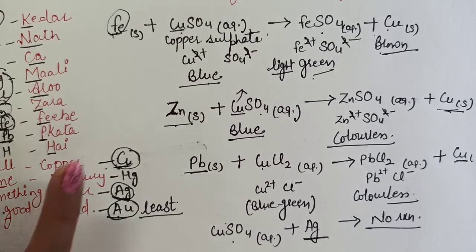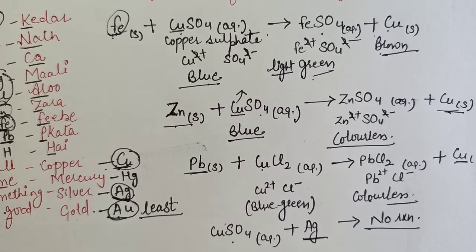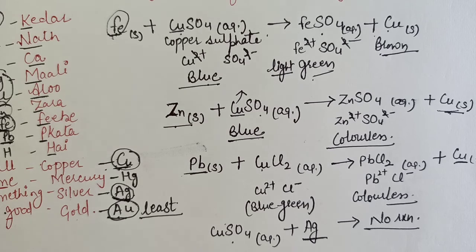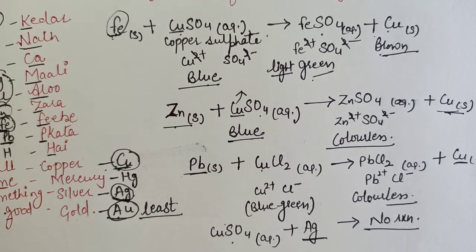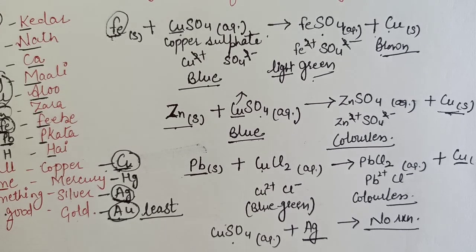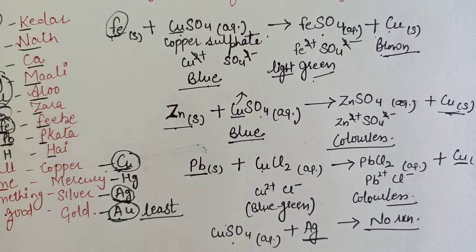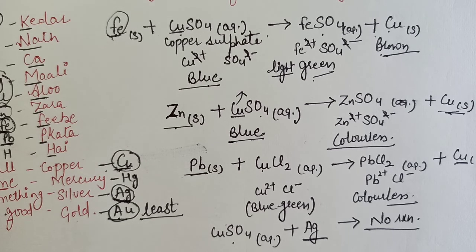On the basis of these reactions, questions may be asked in the exam. In reasoning form, questions may be asked. You can simply write, if the displacement takes place, that being the metal more reactive, it displaces the other metal, and that is the reason for the observed statement. So this is all about the displacement reaction. Thank you.